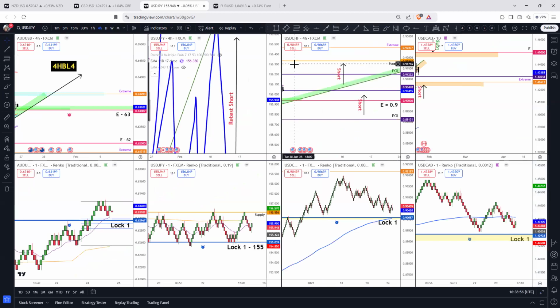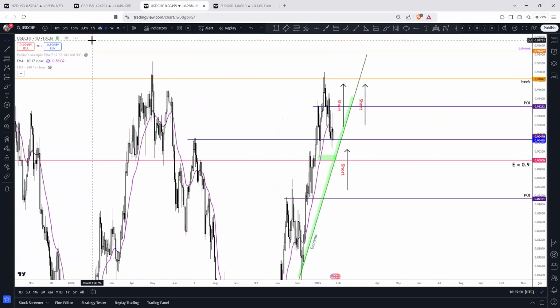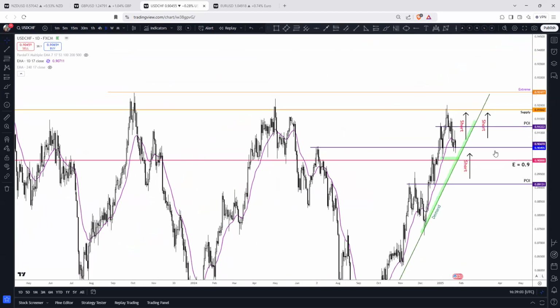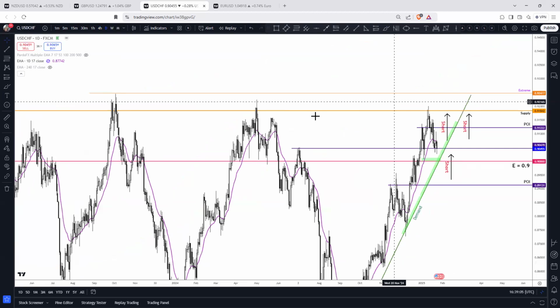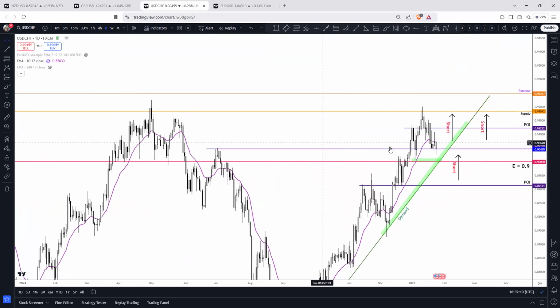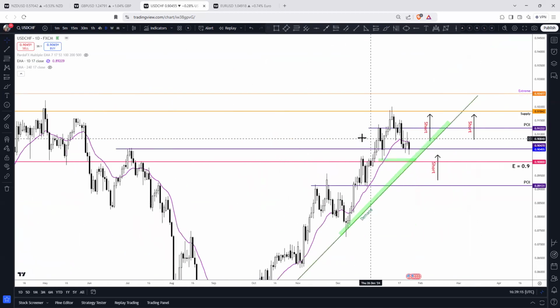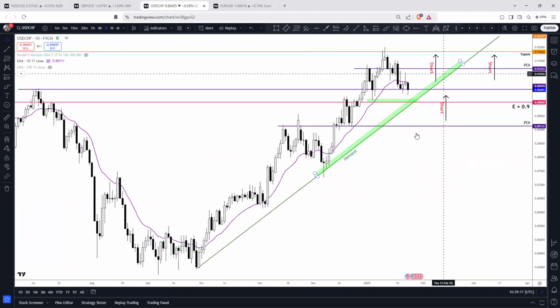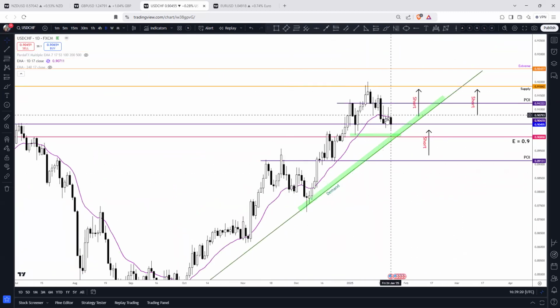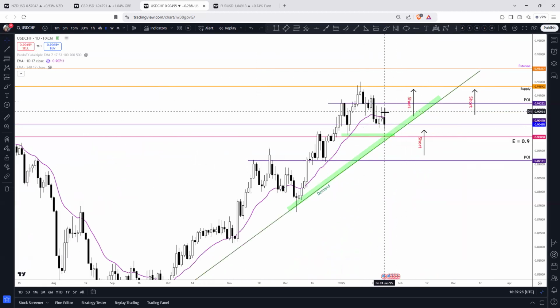USD Swiss franc has been in this peak reversal area for the last week or two. We've been looking for the reversal. However, I'm not sure it's reversed yet. I think there's more to come here. I'd expect it to peak slightly higher than it has done, and until it breaks the uptrend here, you see you've got some short confirmations coming in, but I think until it breaks this trend line, we should be considering it. It has the potential to go long, although it's not the best setup in the world.